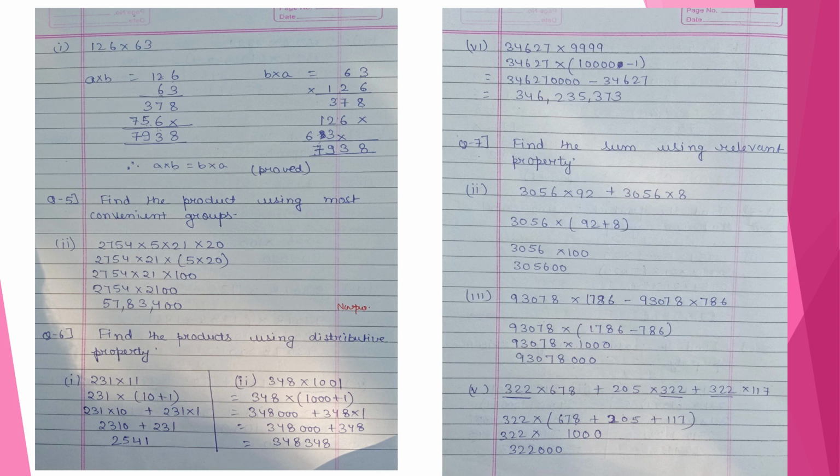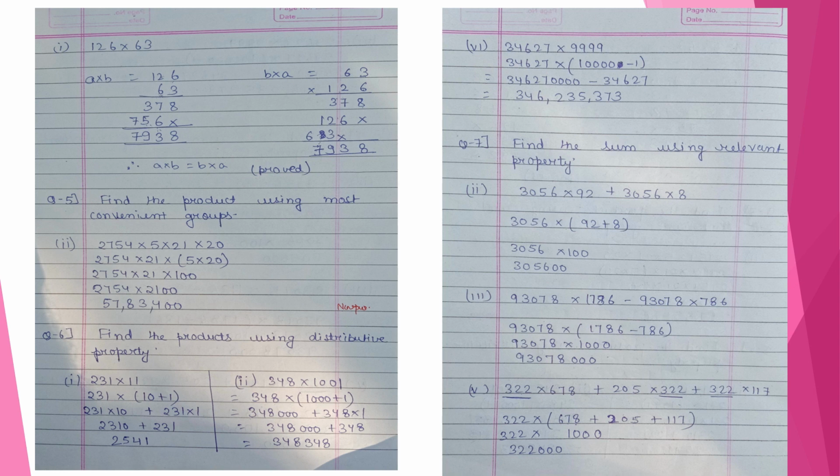First part is 126 into 63. So we'll multiply, keeping 126 in the first place multiplied with 63. So as you can see, I have given the multiplication product here. It is coming up to be